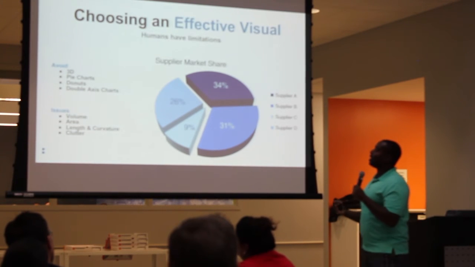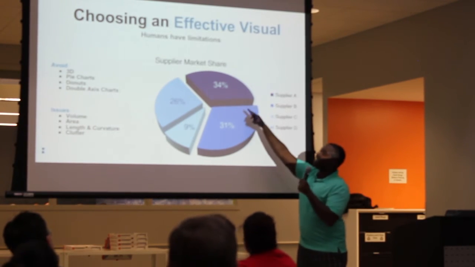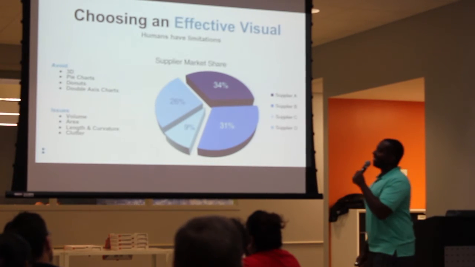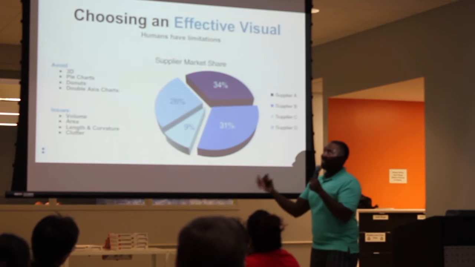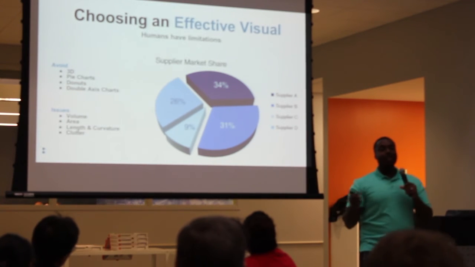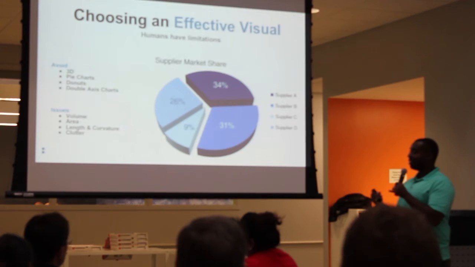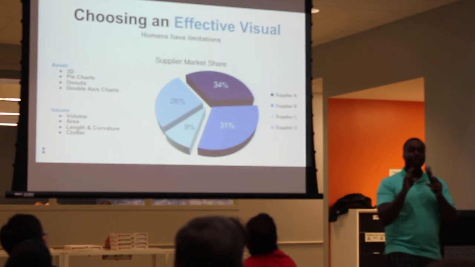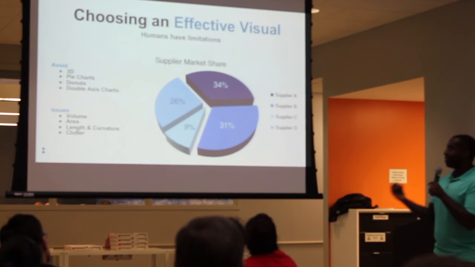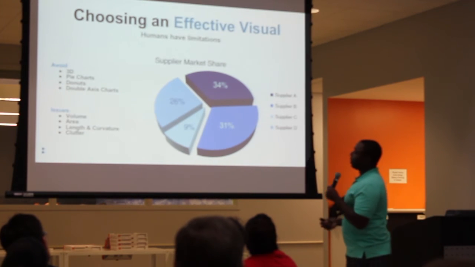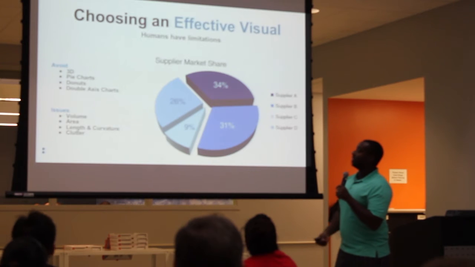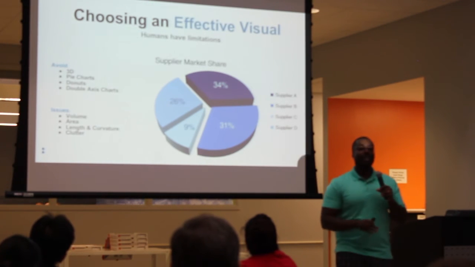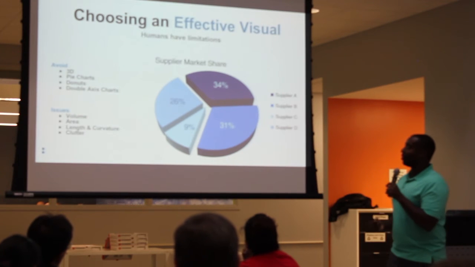When you're trying to tell a story, you're like, oh, supplier A, look how great supplier A is, and then everybody's like, it's not. And so that can happen with pie charts in general. Why? Humans are not very good at determining from just looking at volume and area. We're just not. When they're very close, it's hard to estimate. Length is easier, but curved lines are not very easy as well. And so for that reason, just avoid 3D in general. Why add another dimension if you're trying to tell a story?